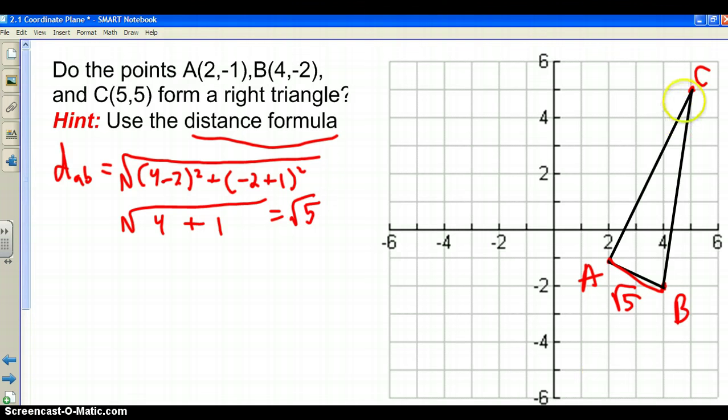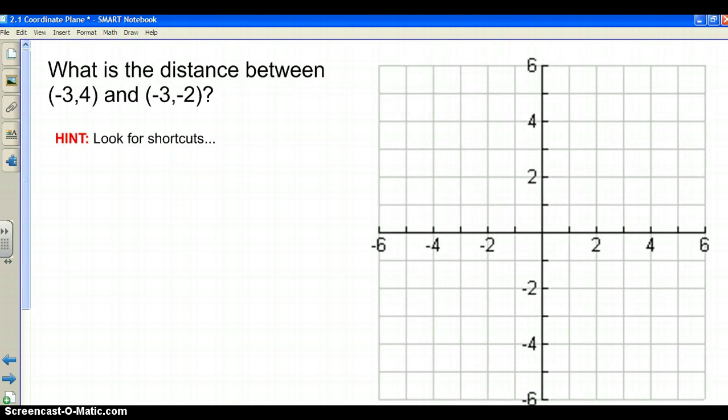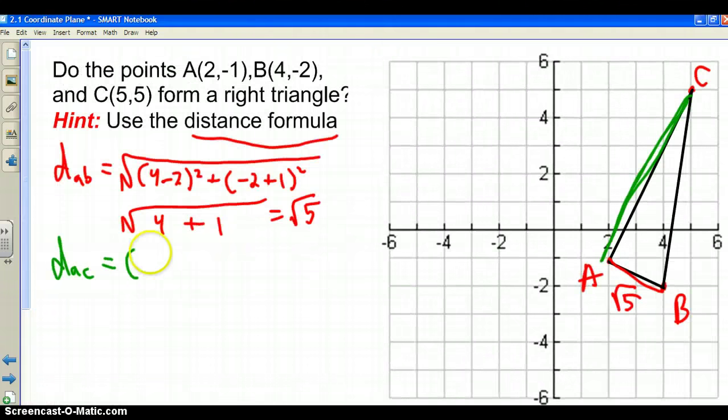Let's find another distance. Let's do AC. So this distance here. A and C, I'm looking at these 2 points. Distance AC is going to be square root of, let's see, A and C, so 5 minus 2 squared plus